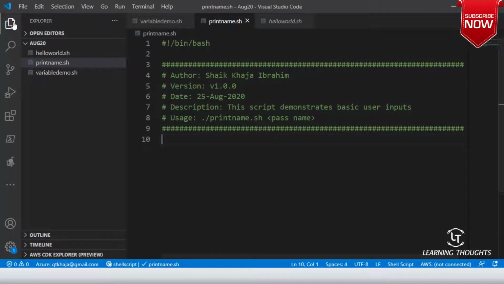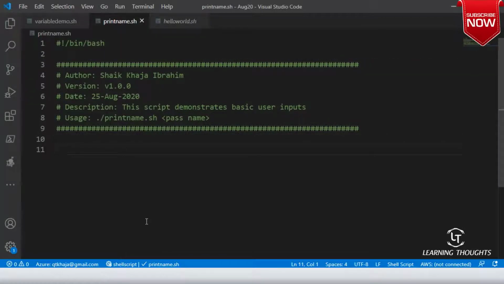Now what is it I want to print? I want to print hello and then the name of the user. But I don't have a variable. So let me try to see what happens. I'll just put a very simple thing over here. I'm creating a variable called name, and in that variable, I'll try to use $1. And then let me put dollar. So what is this $1?